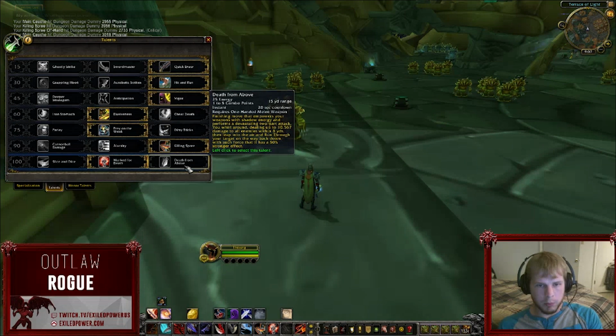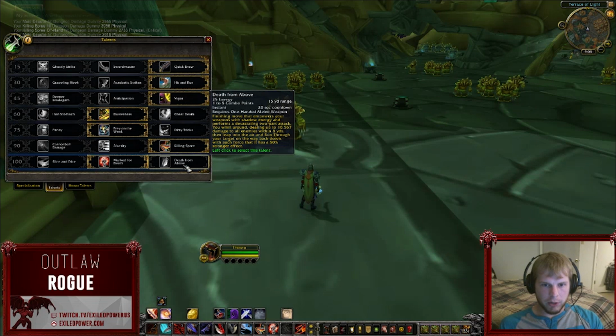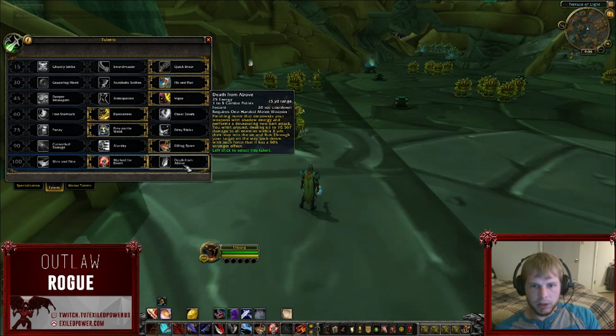Next you have Death from Above, still here, 25 energy, 1 to 5 combo point finisher with a 15-yard range on a 20-second cooldown. It's a finishing move that empowers your weapons with shadow energy and performs a devastating 2-part attack. You whirl around, dealing up to 10,567 damage to all enemies within 8 yards, then leap into the air and cast Run Through on your target on the way back down with such force that it has a 50%